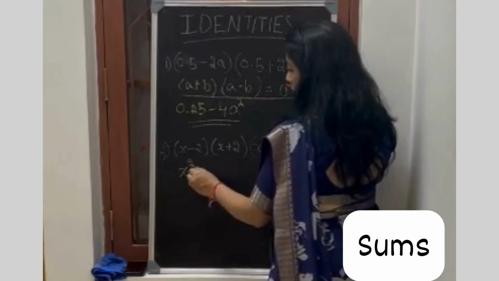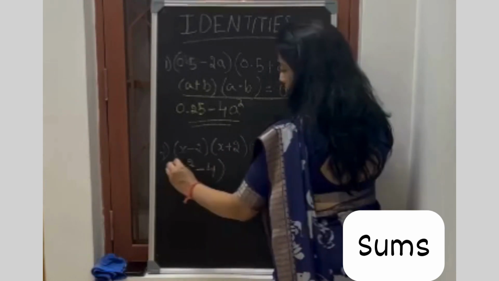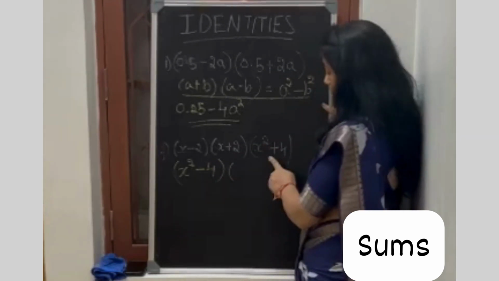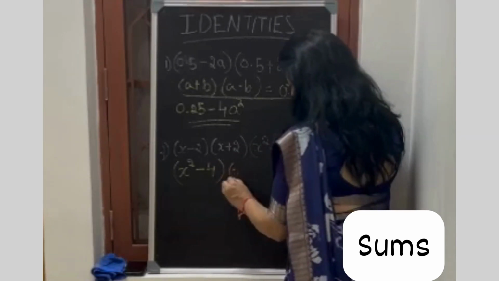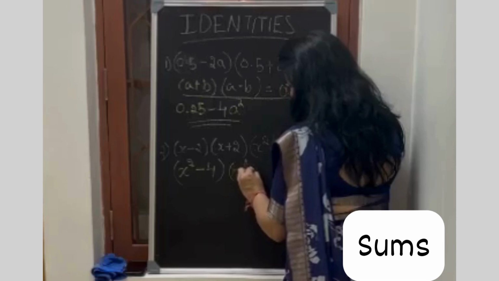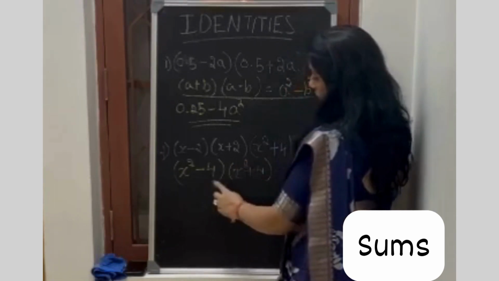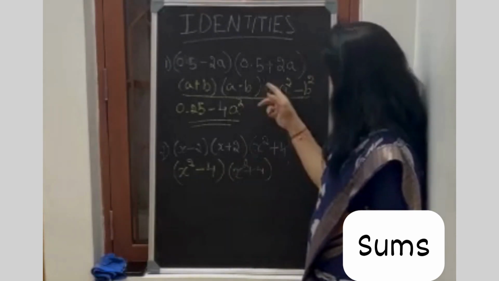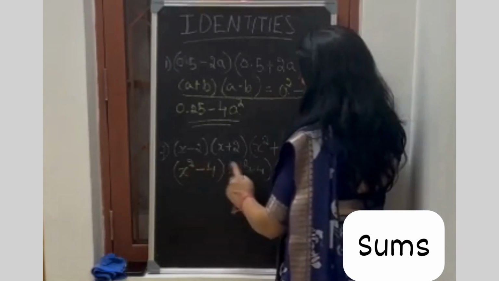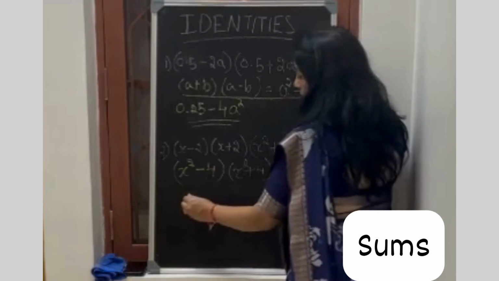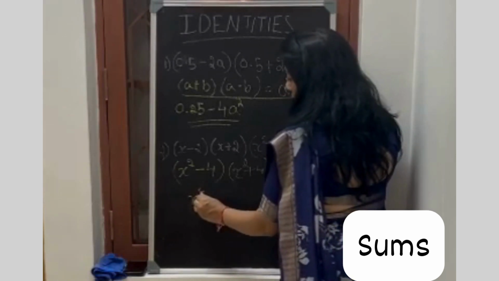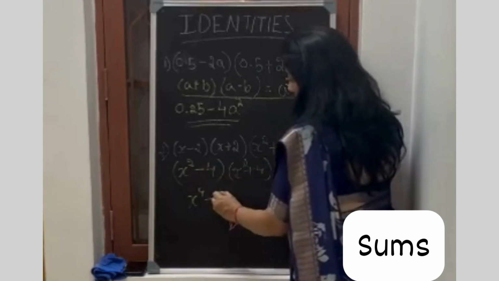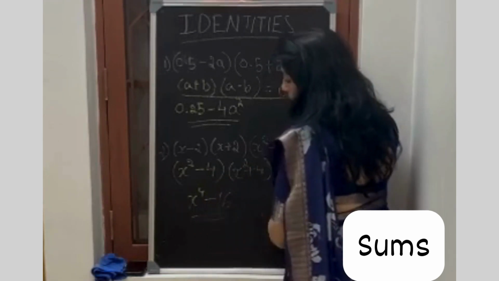2 into 2, 4. Minus 4. Now (x square minus 4) into, there is one third bracket here. So I am using the third bracket now, (x square plus 4). Okay, so now this into this. Again, they are same digits here. So again I am using the same formula. x square into x square is x to the power of 4. Then plus into minus, minus 4 fours are 16. This is my final answer.